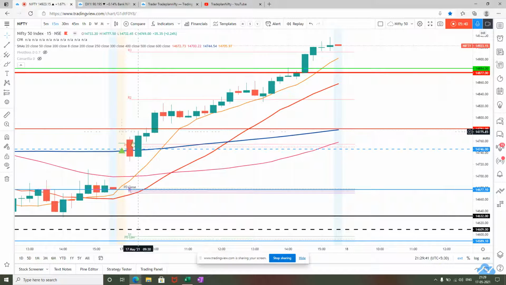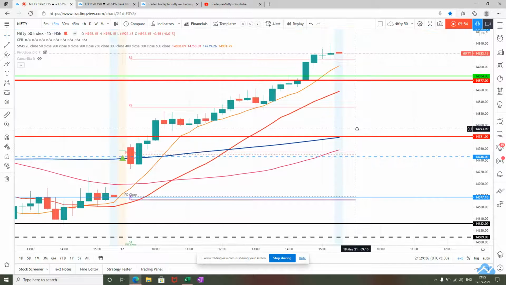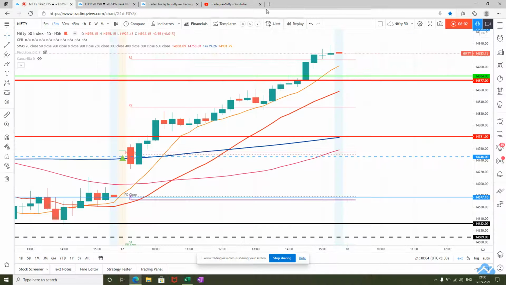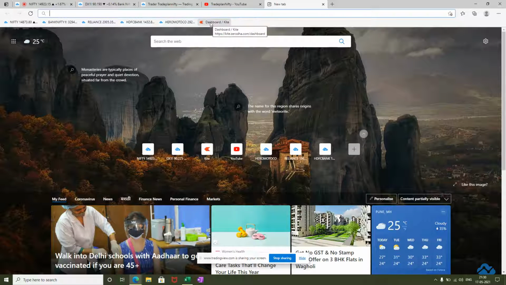The market opened exactly at R1, which was below my expectation, and then I waited for the market to come to the pivot, which it never did, and I failed to take an entry here, and I missed this whole ride today. A big trending day, and I missed the whole ride, even though my trade plan was strong. So today, no trade for me. Let me just show it to you.